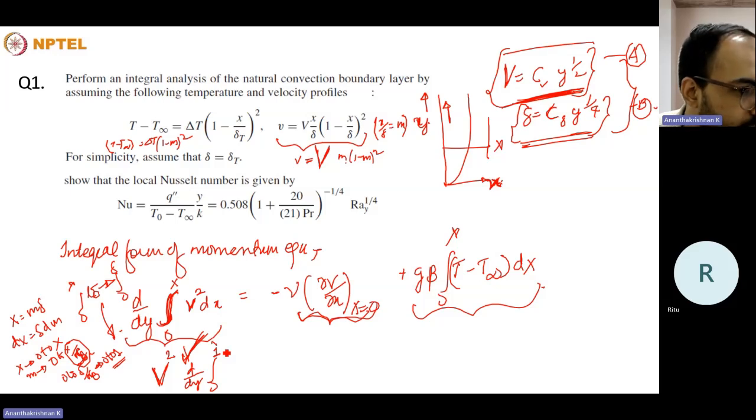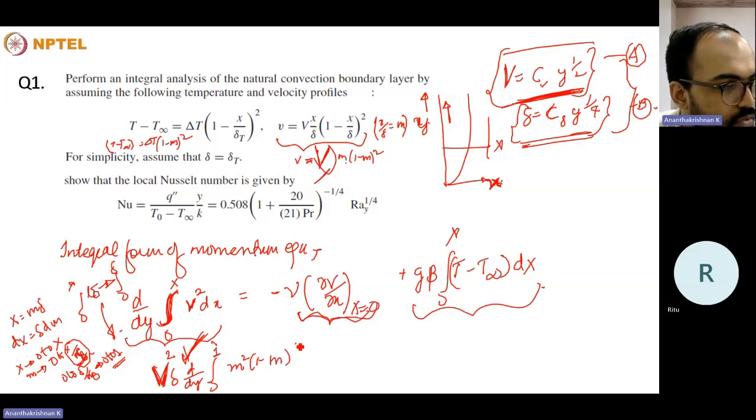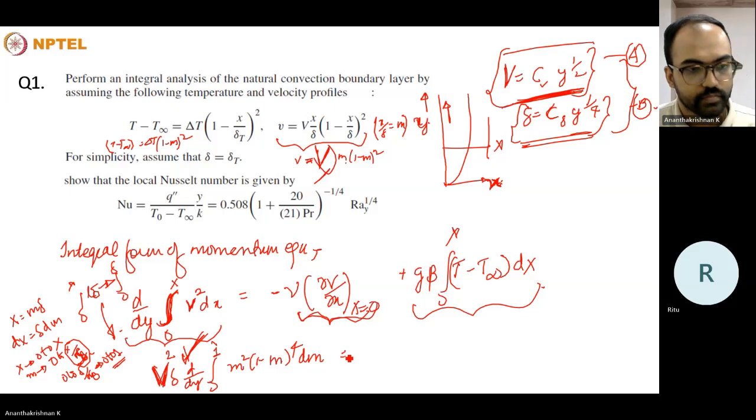dx will become delta into dm. So delta, take it out. And V squared, the scaling factor, we take it out, and inside it will be m squared into (1 minus m) raised to 4 dm, equal to